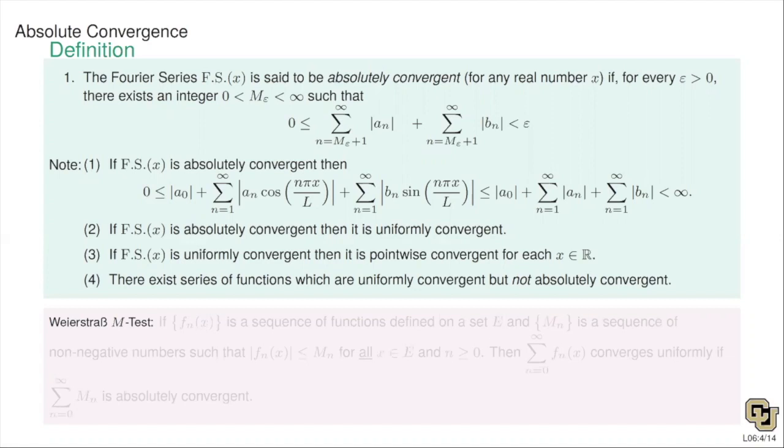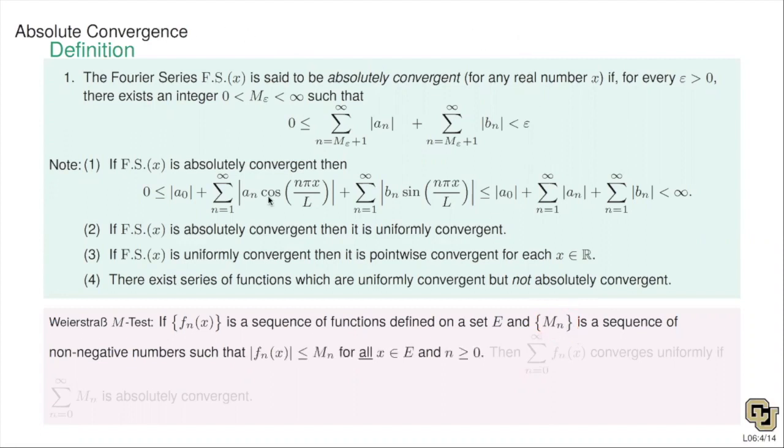So here's a test for when a series of functions is absolutely convergent. It's called the Weierstrass M test. So here, if we have a sequence of functions defined on some set, and M sub n here is a sequence of non-negative numbers, just like a regular sequence from Calc 2, just a sequence of numbers. And if the absolute value of each function is bounded by that sequence of numbers M sub n